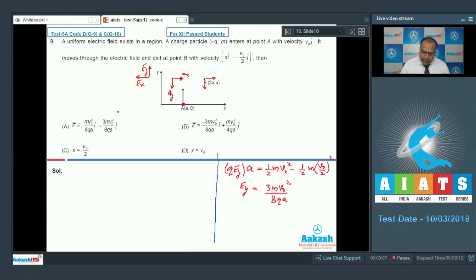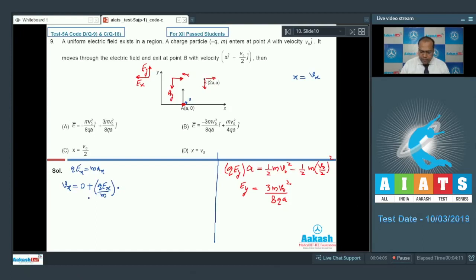In order to calculate this, I am writing the equation in x direction. The force acting on the particle in x direction is q into Ex, and that is equal to mass into acceleration in x direction. Further, since the acceleration is constant in x direction, I can apply v equals u plus at. Let me say Vx is the final velocity in x direction, equal to the initial velocity in x direction, which is 0 as the particle is projected along j cap, plus the acceleration in x direction Ax, which I can write as q into Ex by m,